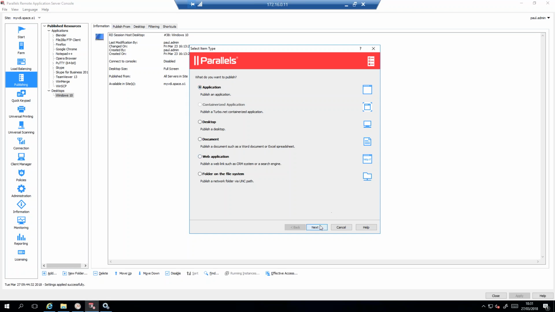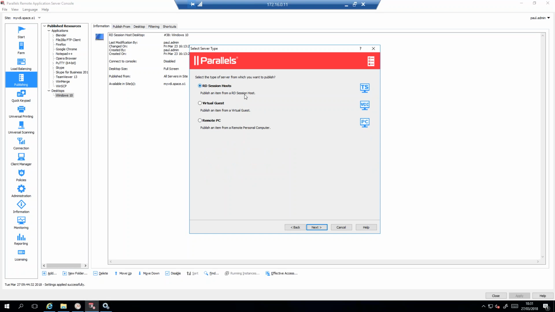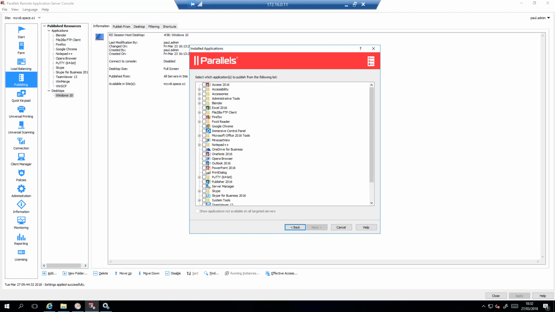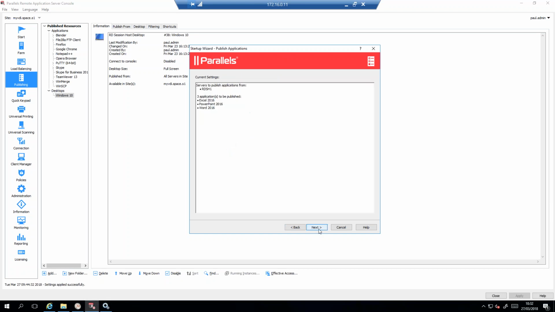But if I carry on through the application piece, I'm going to select the session host because that's what we've got. Again, now we get a couple of options. I'm going to choose installed applications because this is a nice feature. What this will do is, if I've got a group of terminal servers, it'll query the installed applications on that group of terminal servers and just give me that set back, that are common across each terminal server. Which means then we don't get any publishing errors down the line. But what I'll do is I'm going to go and publish a couple of Microsoft Office applications. And we'll go next,